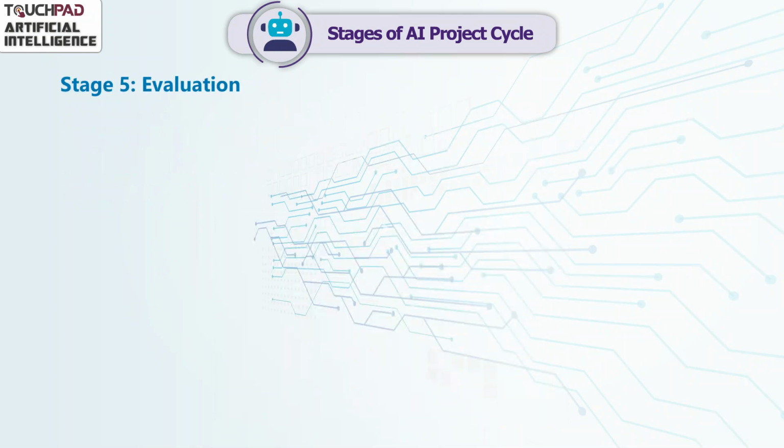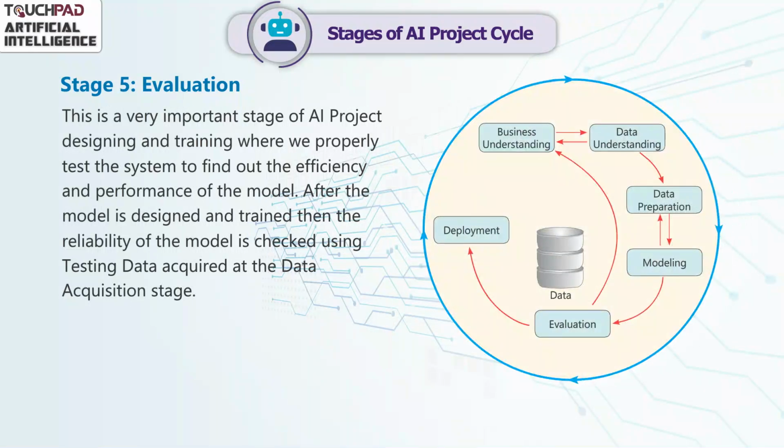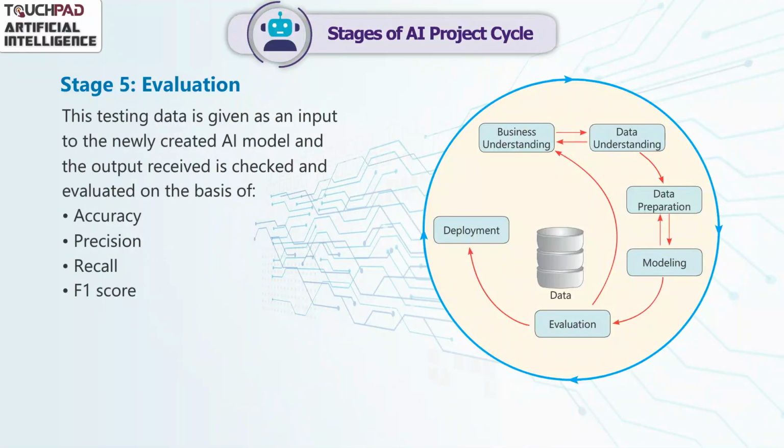Stage 5. Evaluation. This is a very important stage of AI project designing and training where we properly test the system to find out the efficiency and performance of the model. After the model is designed and trained, then the reliability of the model is checked using testing data acquired at the data acquisition stage. This testing data is given as an input to the newly created AI model and the output received is checked and evaluated on the basis of accuracy, precision, recall, F1 score,